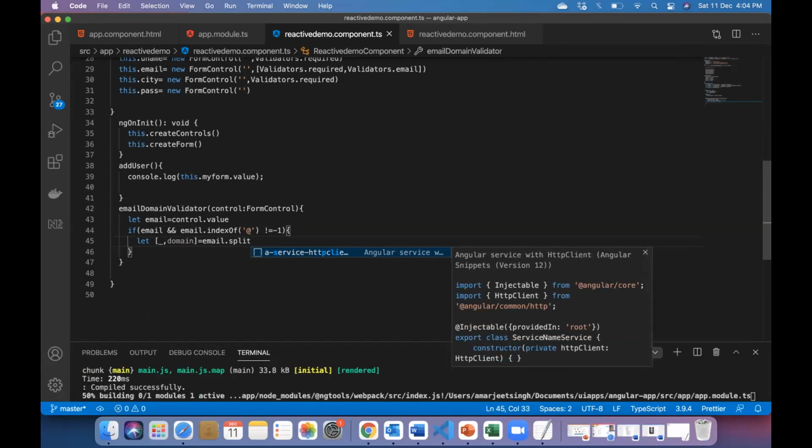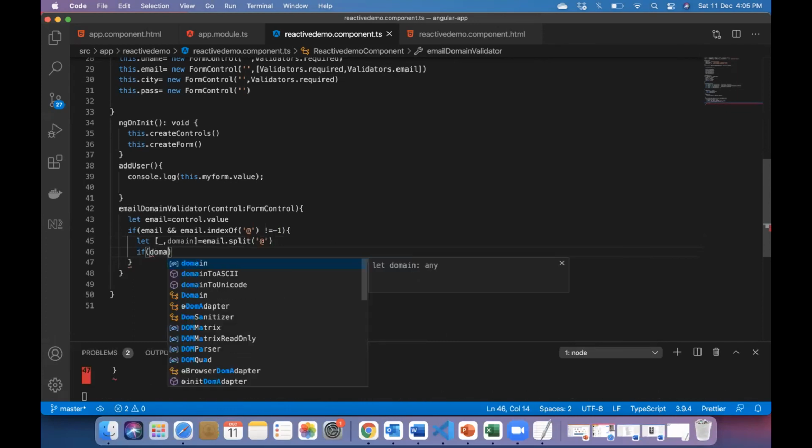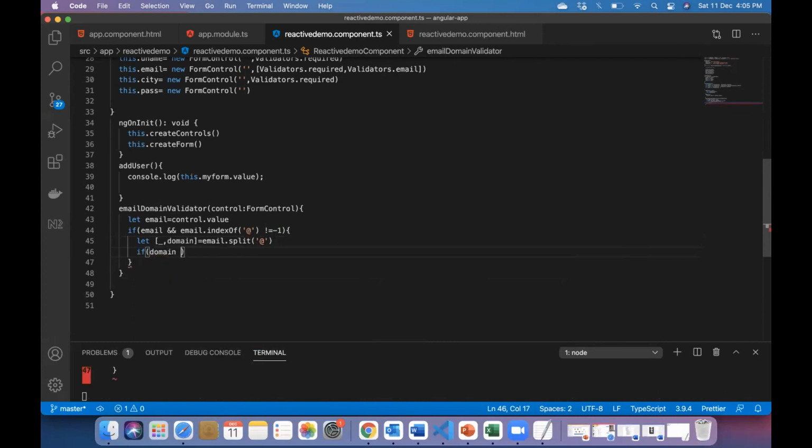Okay, we're talking about what? Email dot split, and this is split. We'll be checking for the @ symbol now. Now after this, we will say if domain not equal to, you can give any name whichever you want. I'm saying